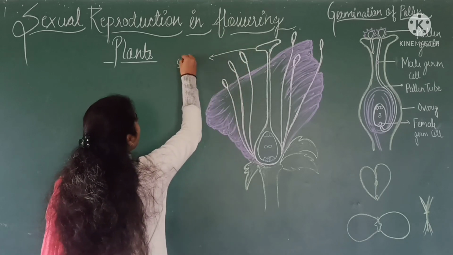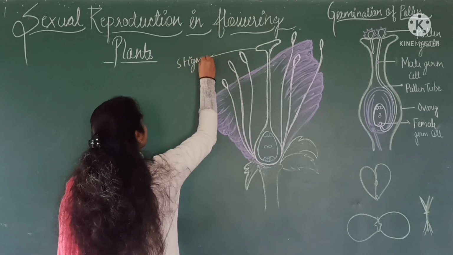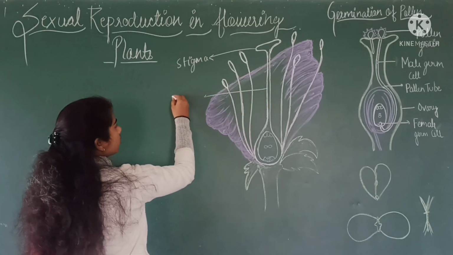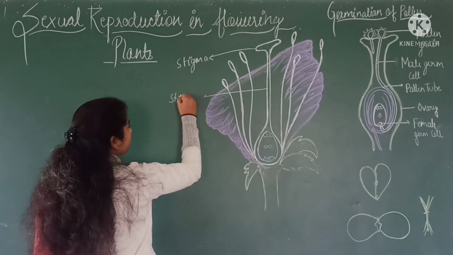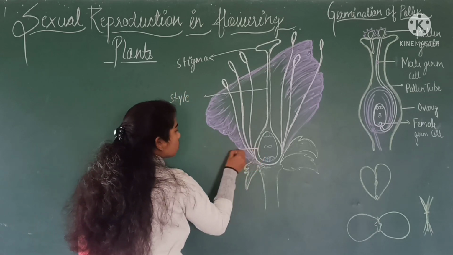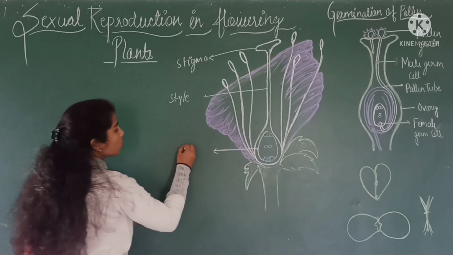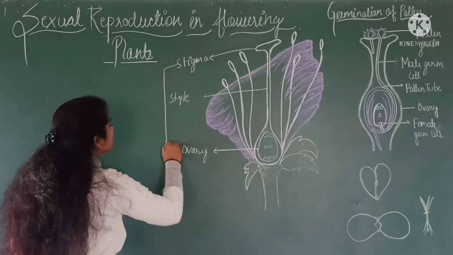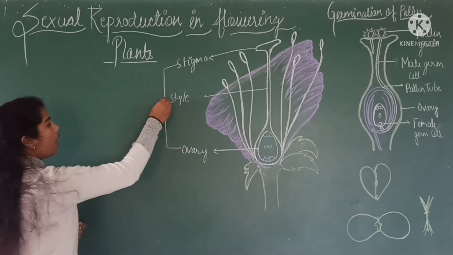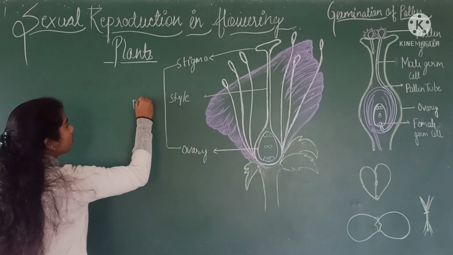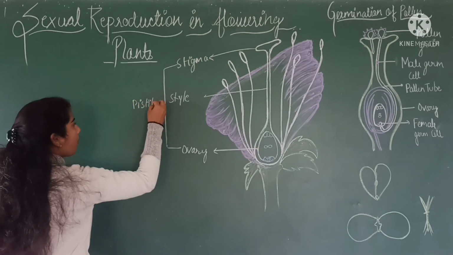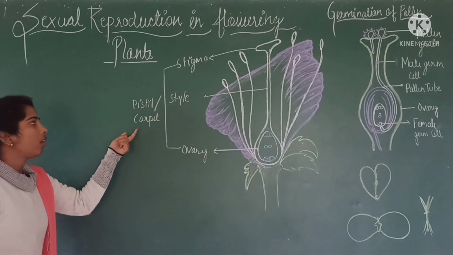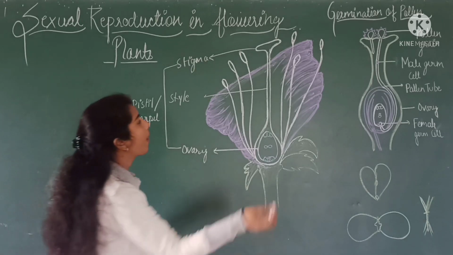This is stigma. And the elongated portion is known as style, and the swollen bottom part is known as ovary. Stigma, style, ovary are known as pistil or carpel. These are the female parts and